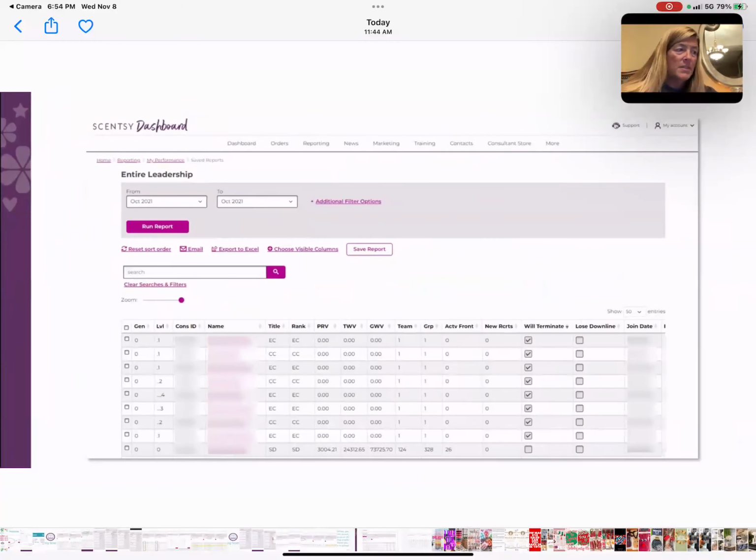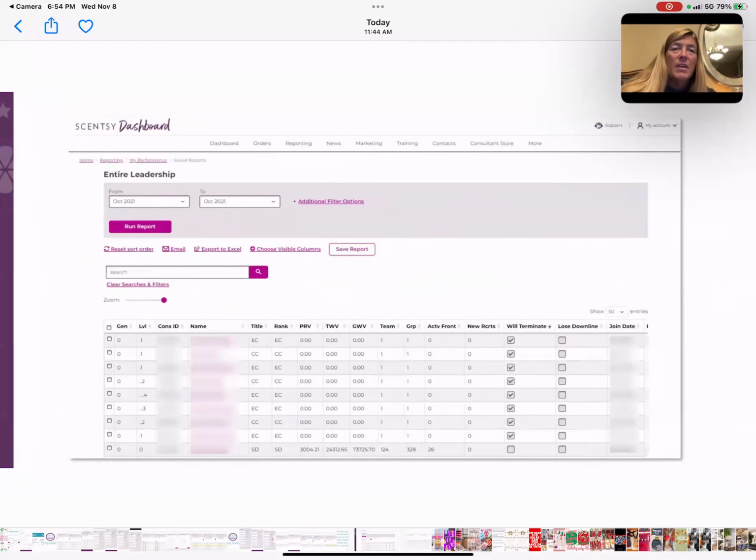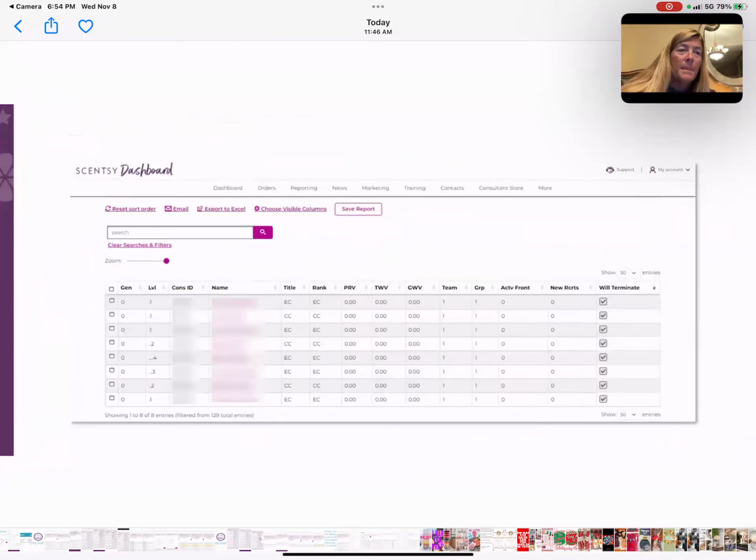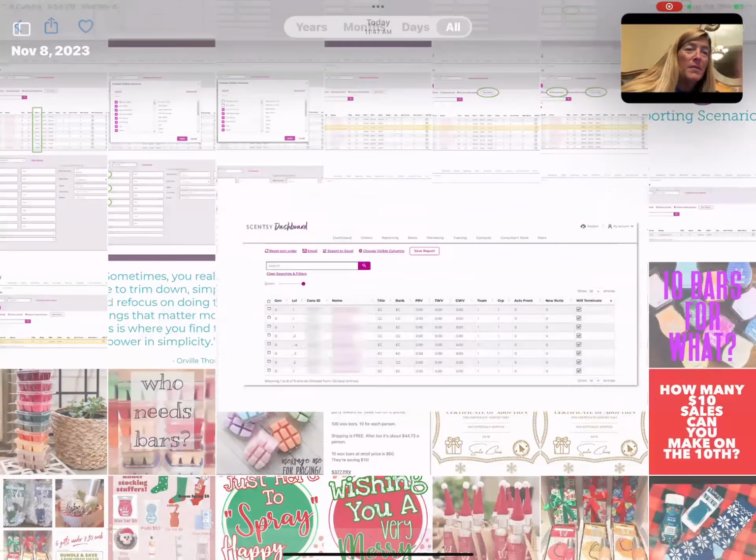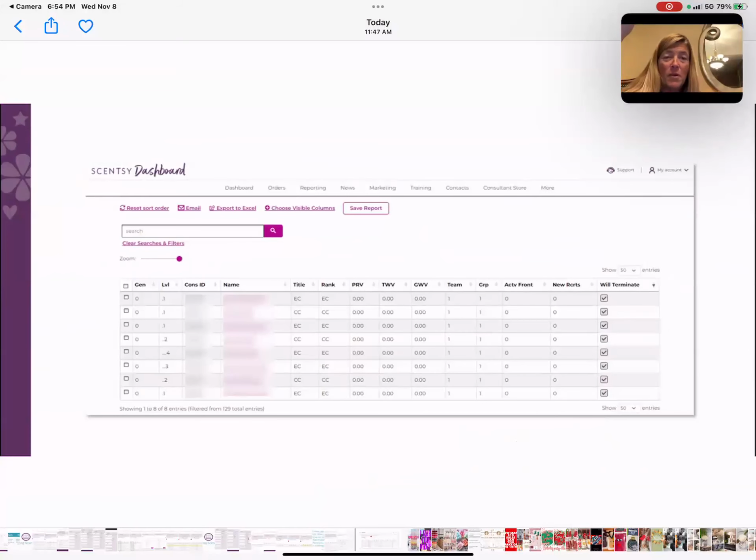Okay, so let me see. I'm trying to see what was this one here. I didn't make notes on this one, so I don't know. May not use that. Let's keep going. I had her send me a whole bunch. Yep, that was the last one. Okay, good. So that is all for this portion.